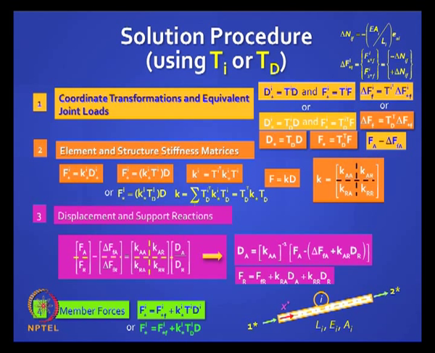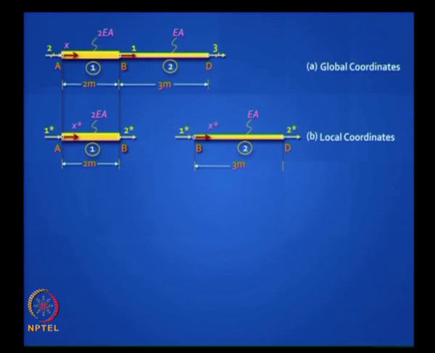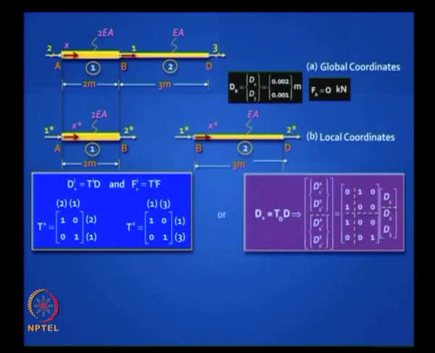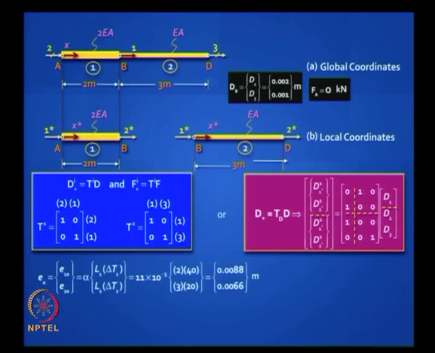Let us proceed. After this you find the member forces, you can do it by both methods, let us see how to demonstrate. So you have got global coordinates, you have got local coordinates, we do not waste time, this is the input data, you do not have a direct load vector, you have done these two calculations, either you do it by the TI method or you do by the TD method, both expressions we have. Now we calculate the bar elongations, there it is a rise in temperature, so E is positive. This step is straightforward, L alpha T, L is known, calculations are straightforward. What do you do next?